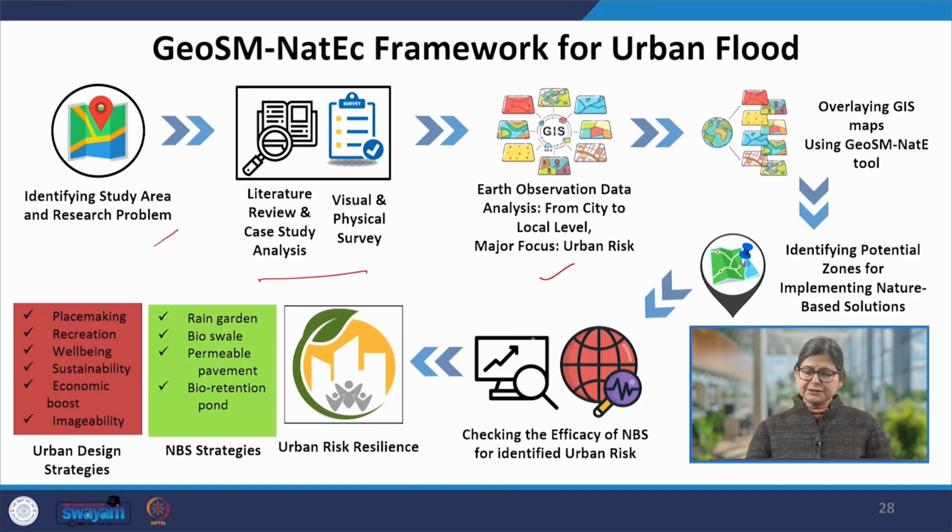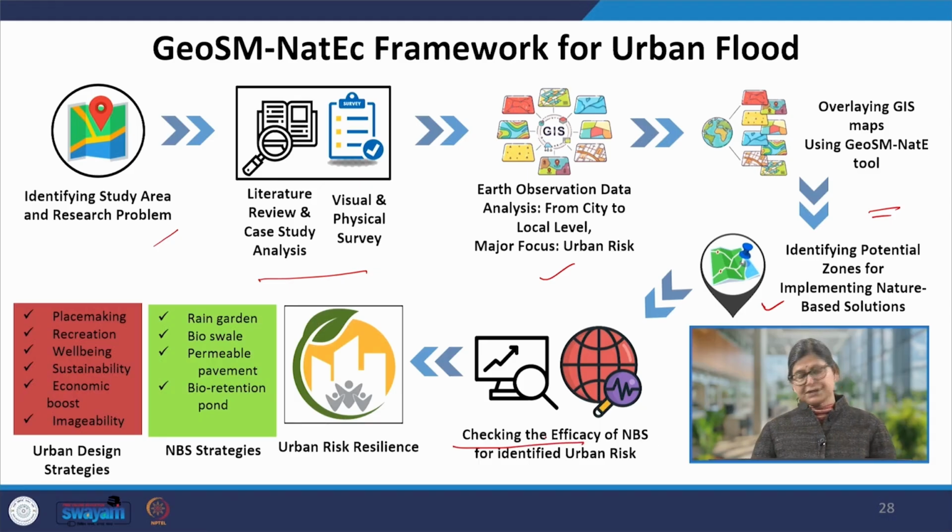Earth observational data, which I have shown you just now, and the overlaying of them, identifying the potential zones where we can go for potential zones for both the hotspots, the risk hotspot, as well as the implementation,